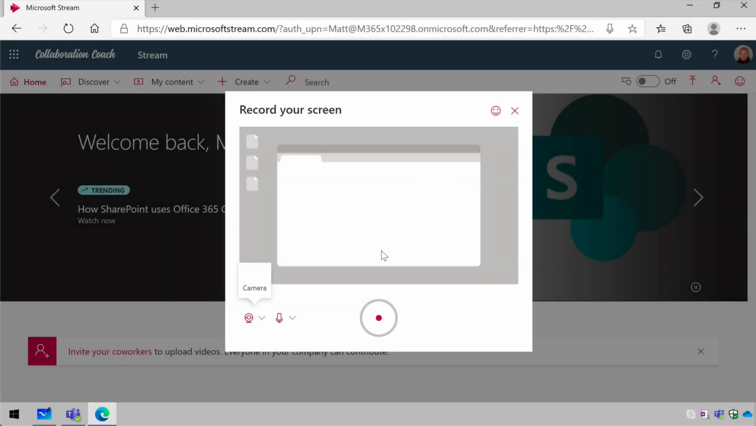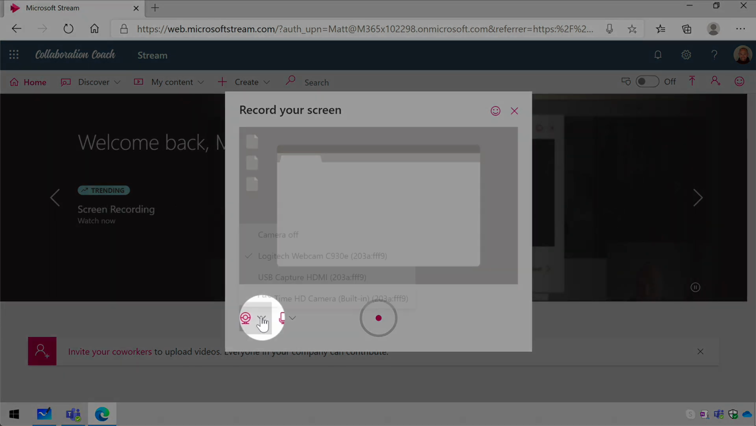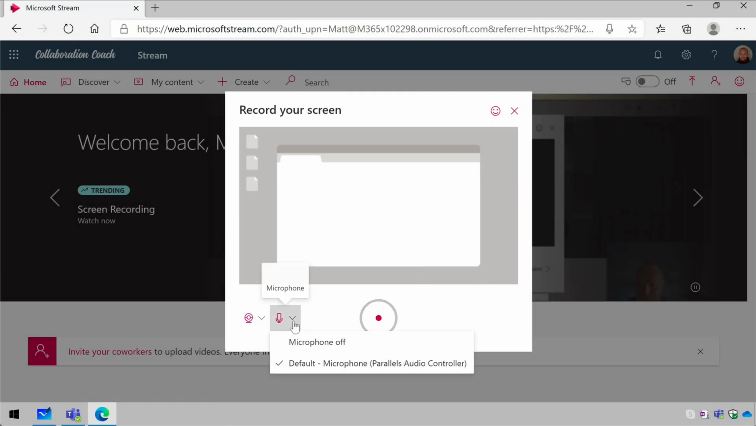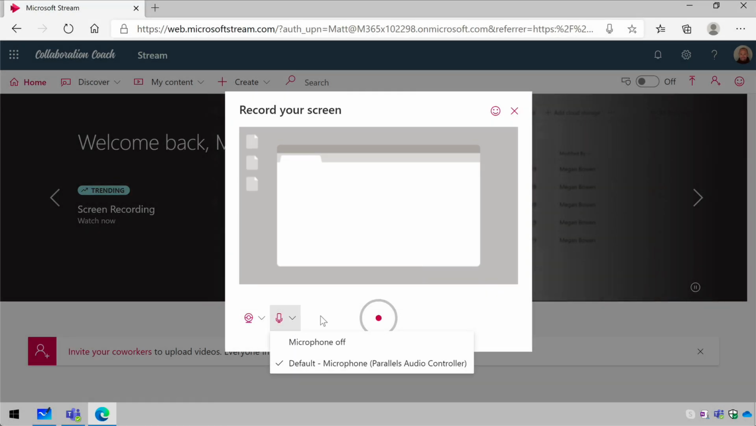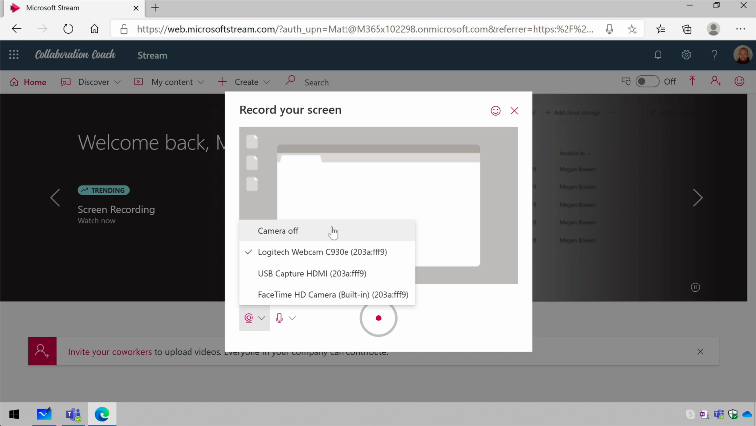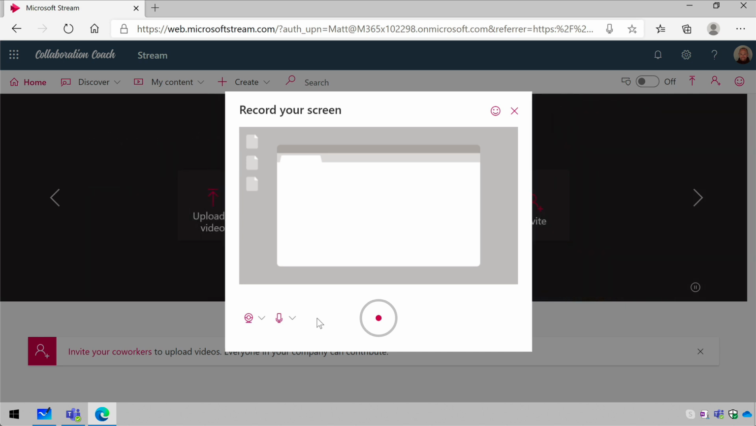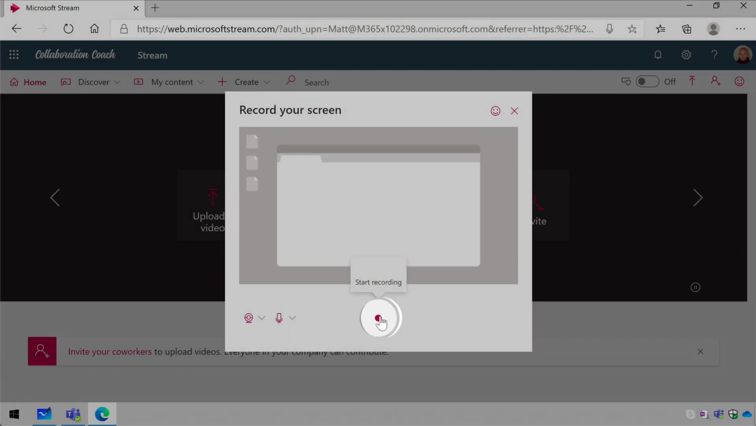Before you start recording, you can choose a camera and mic, and you can see here I've got a choice of the different cameras attached to my computer. And you can also choose to have the camera and mic off if you just want to make a recording and perhaps add some audio later. Having the camera on allows you to record yourself as well as your screen so you can have that picture-in-picture effect. Once you've chosen your mic and camera, you just hit the record button and then you're asked which screen